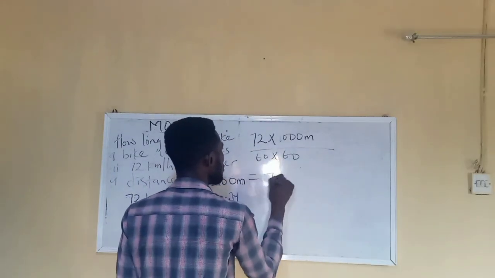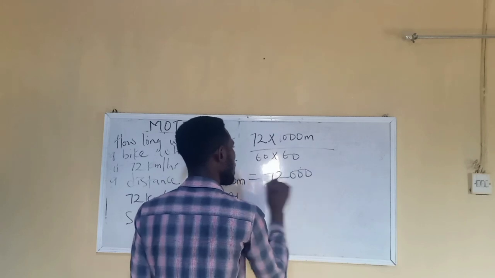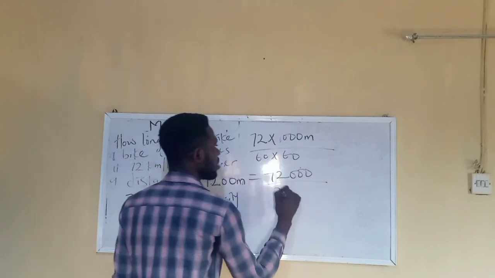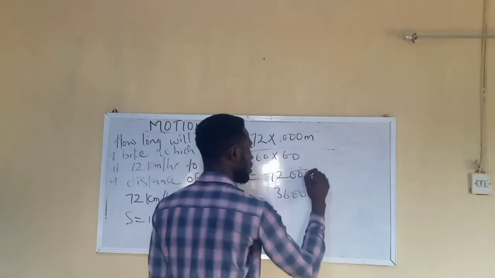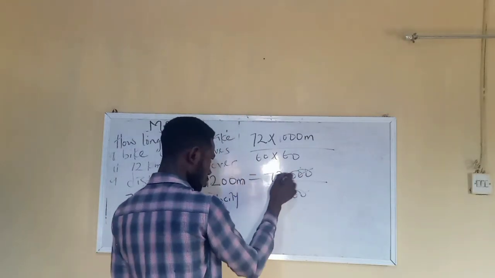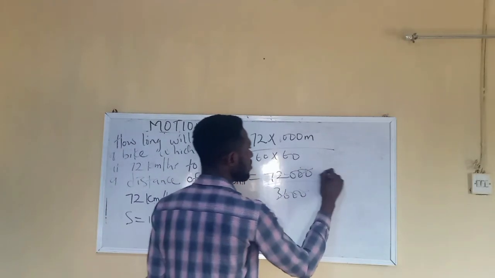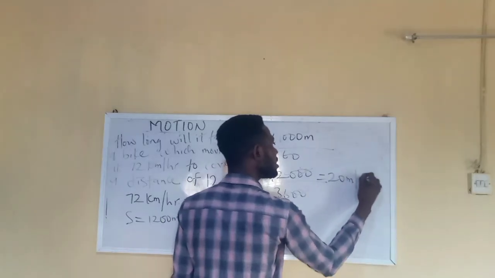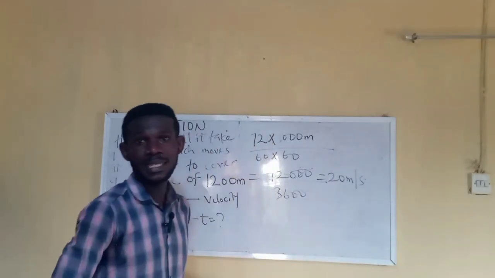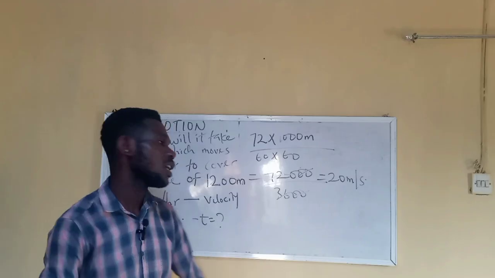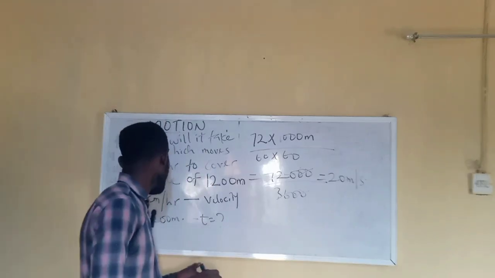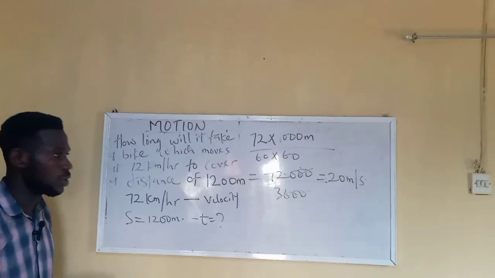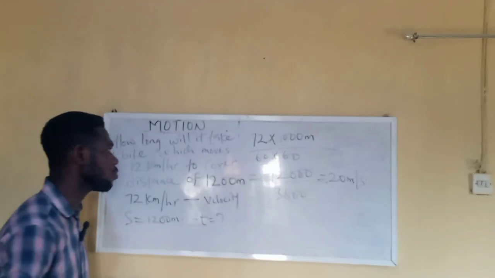So that is equivalent to 72,000 divided by 3,600. And after I carry out my division, I will have my answer to be 20 meter per second. And since I have it to be 20 meter per second, then I can carry out my calculation. Hence, I am asked how long. So I can work with